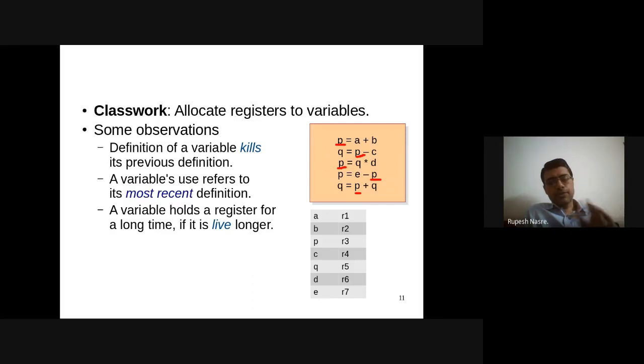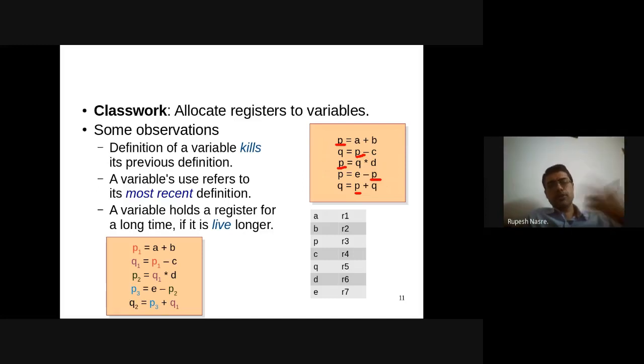And once we have these observations, then we will be able to optimize this processing in a formal manner to come up with a better register allocation. Right? Since each definition is going to kill the previous definition, I am going to now give numbering to that. So for example, I am saying that this is P1 and this is P2. And then this is P3. Similarly, there is Q1 and Q2 and so on. And their corresponding uses, I have also named accordingly. For example, this is a reference to P2 rather than P1 and so on. And I also color coded them so that it becomes easier for us to understand.